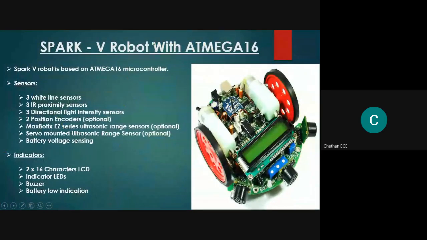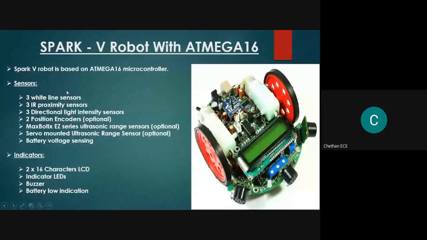A Spark 5 robot has an Atmega 16 microcontroller, and sensors are basically used as input devices, just like how we use our keyboard and mouse in our computer system. Okay, using our keyboard and mouse, what we do here, we input the required command to the processor.